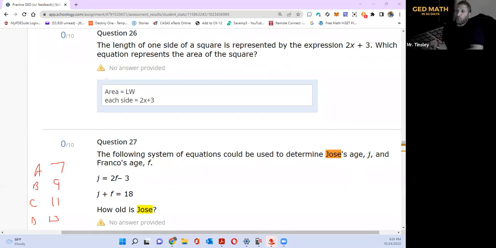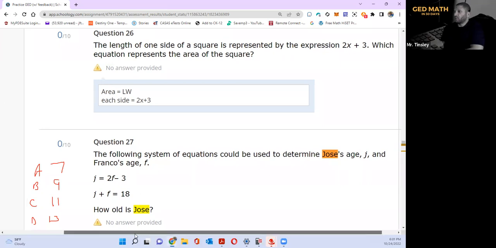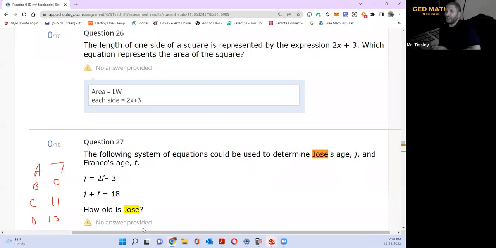So one of the first questions Bridget asked says the following system of equations could be used to determine Jose's age, J, and Franco's age, F. Okay, so the first thing I'm going to tell you is I'm going to give you, the first thing I'm going to do is